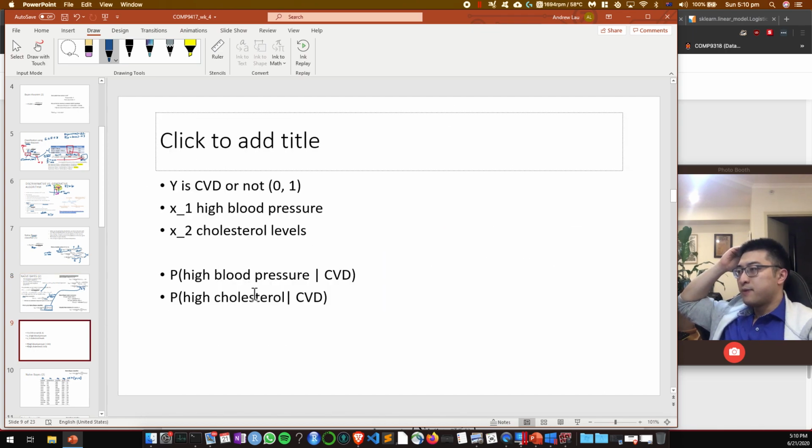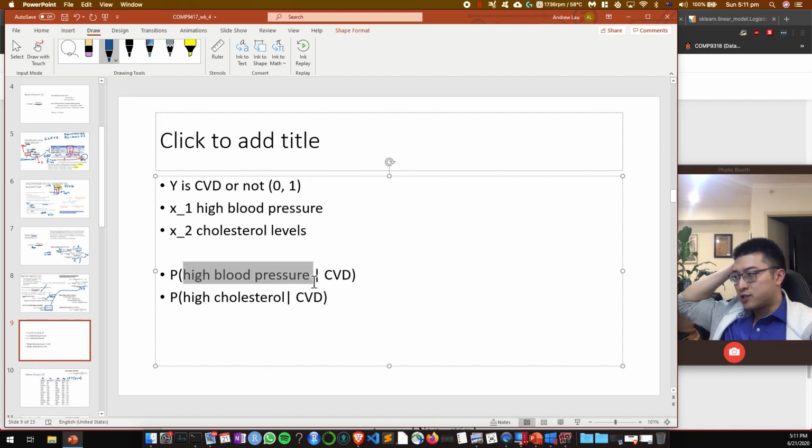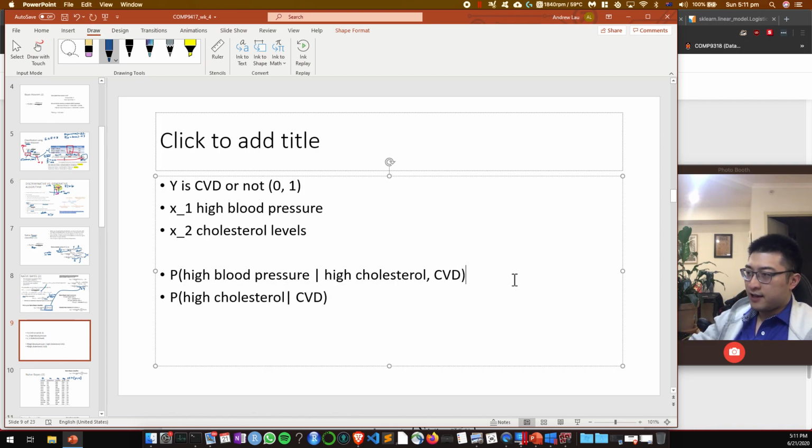Now, you can probably see the problem here, right? These two are probably quite correlated. So the probability of high blood pressure, given high cholesterol and CVD, is probably not going to be the same